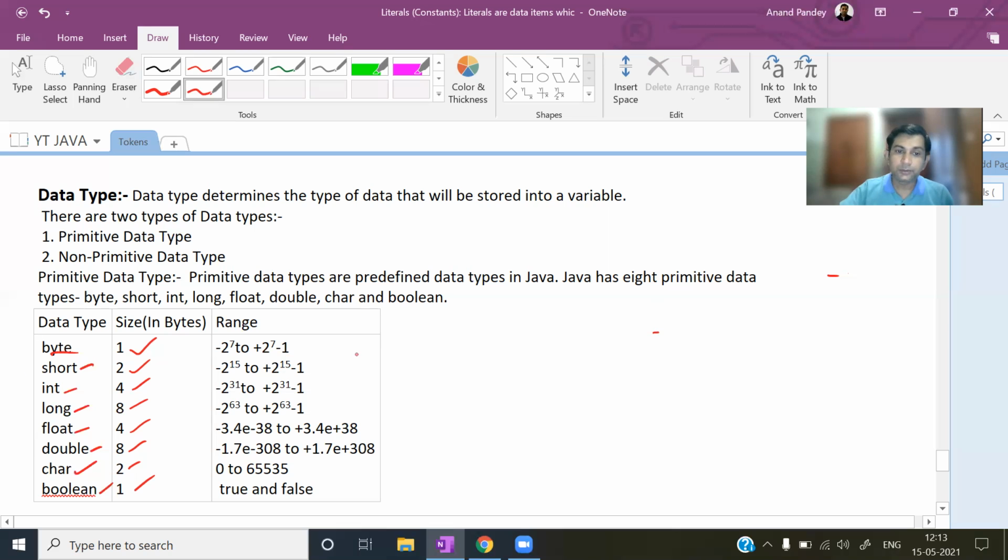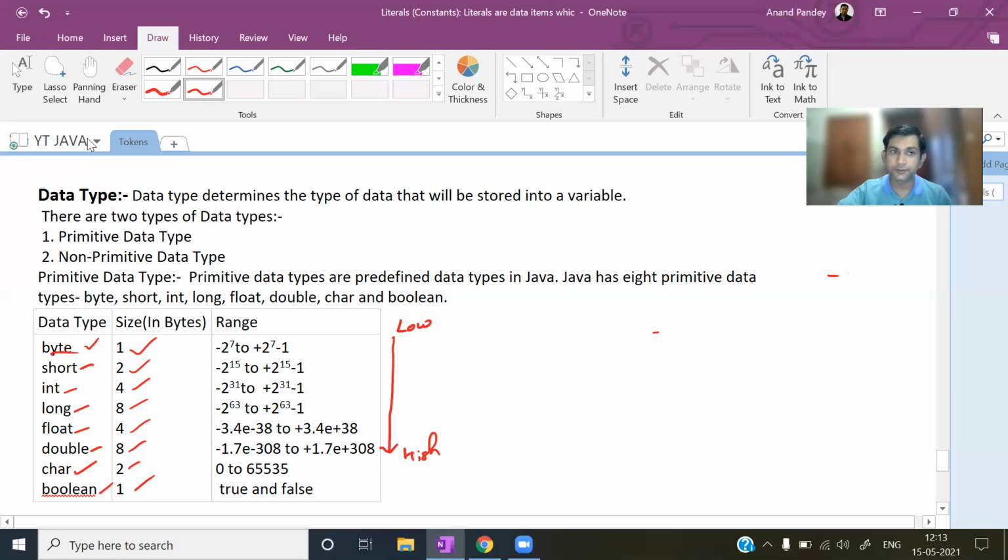Okay. So see, as for the range of the data type, we can say this byte is the smallest data type. Short is greater than that, int is greater than that, then long, float and so on. Here I have written in the sequence of low to high. Okay, सबसे छोटा data type byte और सबसे बड़ा data type double. So please remember this sequence: byte से बड़ा short, short से बड़ा int, int से बड़ा long, long से बड़ा float, and float से बड़ा double.